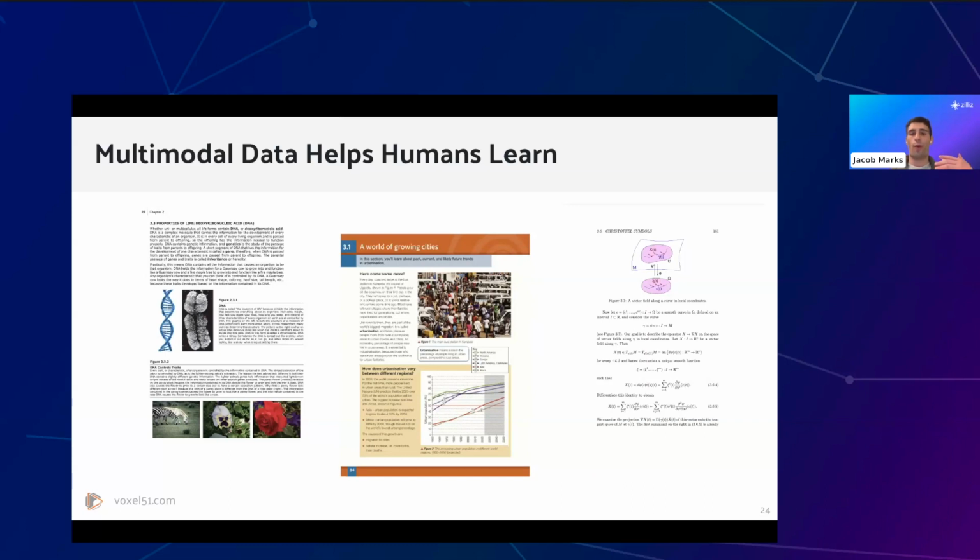And we would like to think that if humans are able to learn from this multimodal data, then that's probably going to be helpful for machine learning models as well. So if we could feed into the context of our multimodal large language models the retrieved context that is multimodal, so images and text that are relevant and not just text that is relevant, we could potentially give that model even better context that it could use to inform its decision-making processes, to inform its generation process.